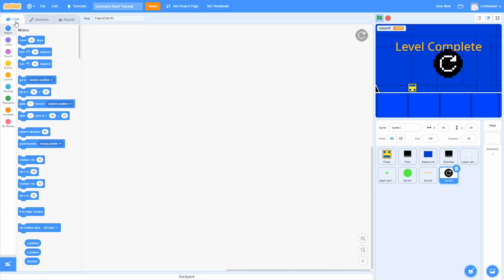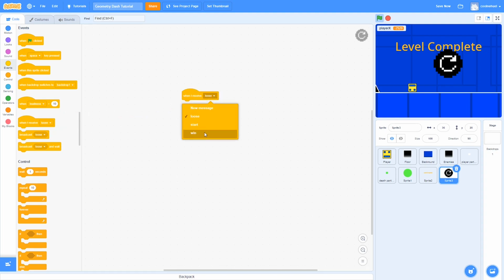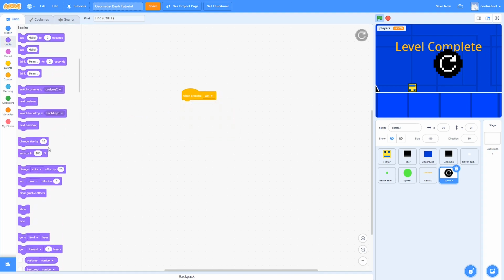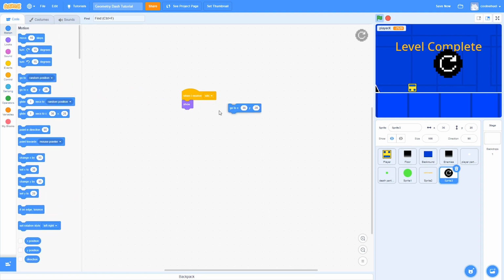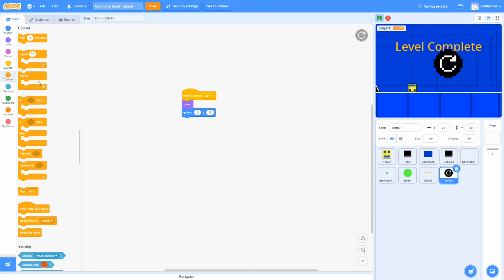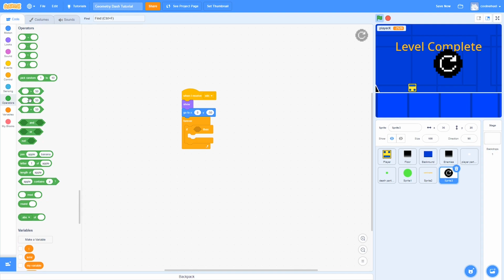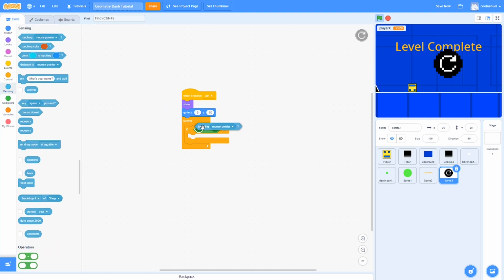Now I'm going to go over to code, and I'm going to drag in a when I receive win. It is going to show. It's going to go to a position, so I'm going to do x 0 and y -50, and then forever, if, we're going to drag in an AND operator. So if it is touching the mouse pointer and the mouse is down, then it is going to broadcast